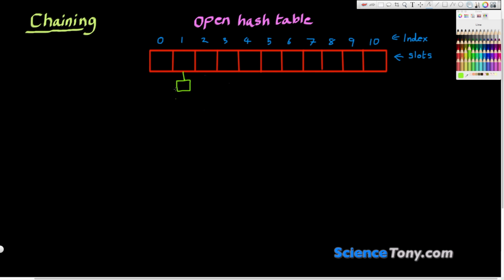Let's say we have something mapped to 1. We have one item in that list, but then if we do our hash function and we get another one, we just link it to the other item on the list. So we just add it. And this can keep going. And you can have lots of entries in one